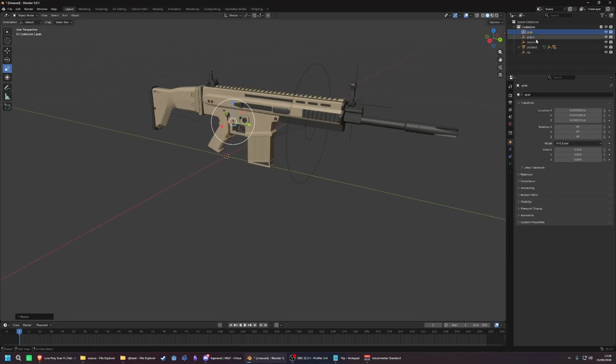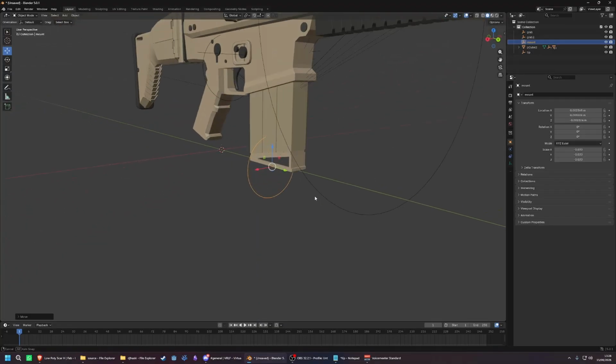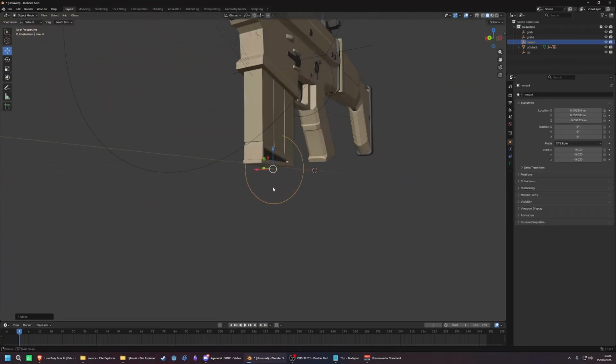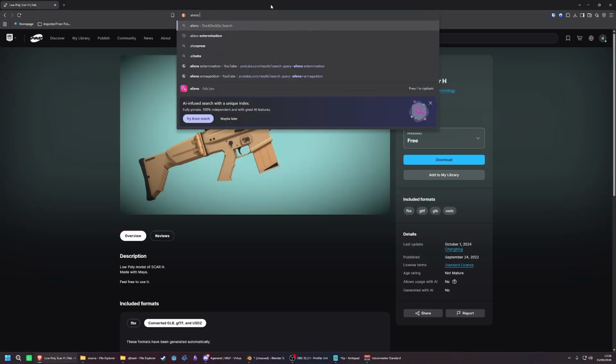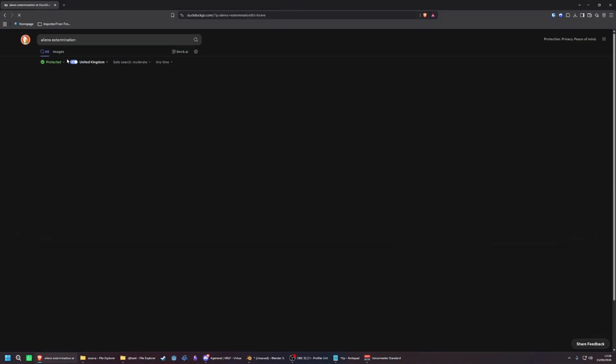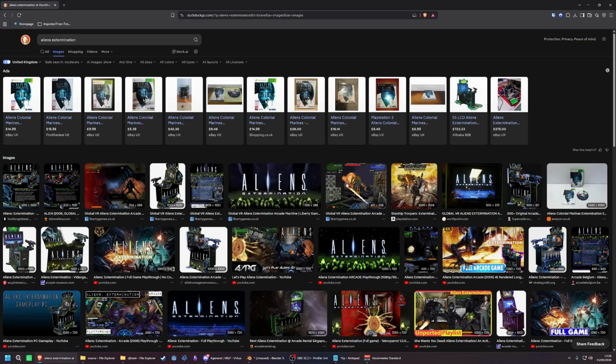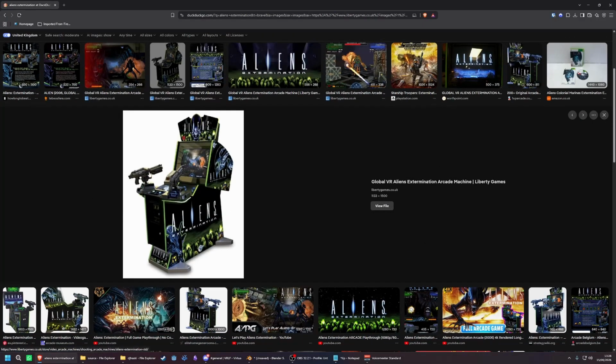There we go. So mount is where, on a pivot gun, like a mounted gun on a cabinet, the gun will pivot around this point. Here, I would like it to be kind of on the magazine. If you look at an alien's extermination machine, you can see that the pivot point is kind of here. It's like in the magazine. So that's what mount defines in this particular